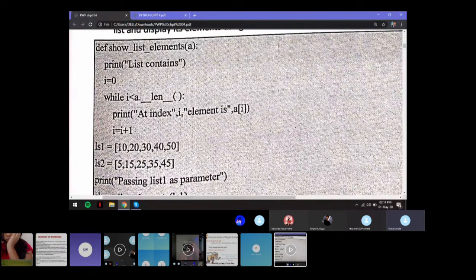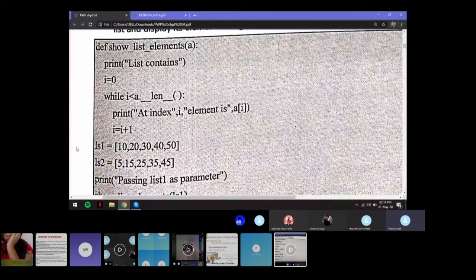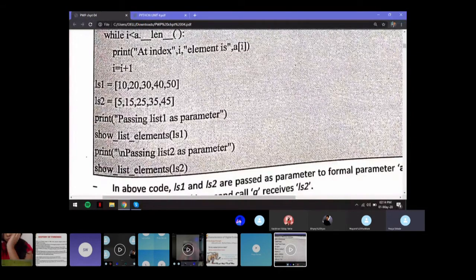Now what we'll do is we'll call the function and pass ls1 as an argument: show list elements ls1.